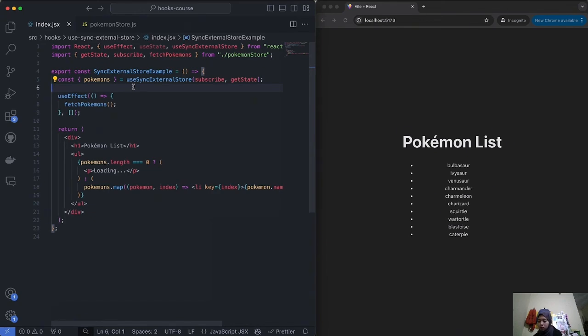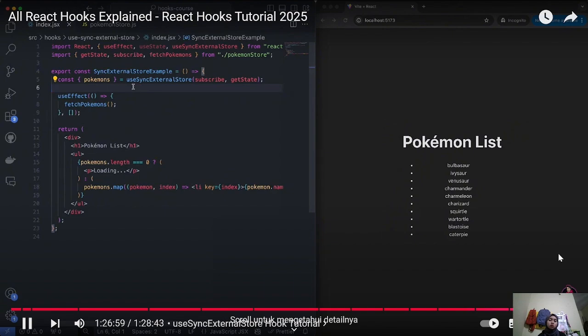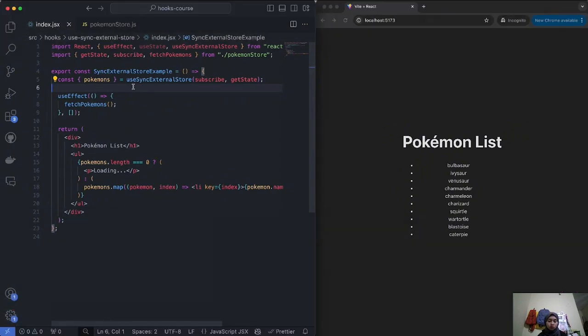But where it comes very different is the performance, because the useSyncExternalStore is specifically optimized for React's concurrent rendering, and it will avoid unnecessary re-renders. Whilst with useContext, every single component that is consuming the context will re-render when the context value changes, which in some cases might cause performance issues. Now, the last thing is reactivity, because with useSyncExternalStore